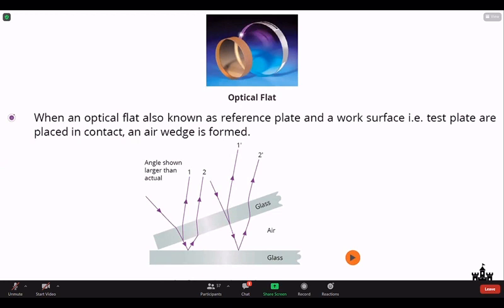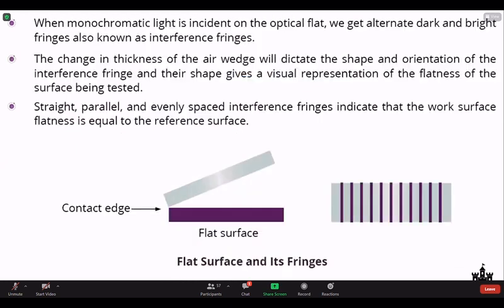तो और हमें जो टेस्ट करना है उसे एक इंक्लिनेशन में रखेंगे. So what we will observe, if it is perfectly flat, we will form a wedge shape, and you will get equal fringes. That is, the distance between the bright bands and the dark bands will be equal. So if you get equal fringes, then both the surfaces are similar.